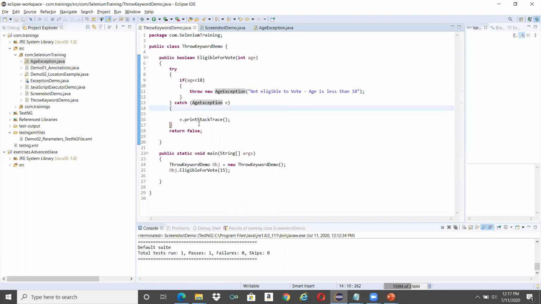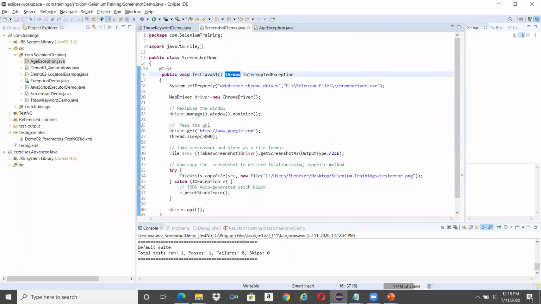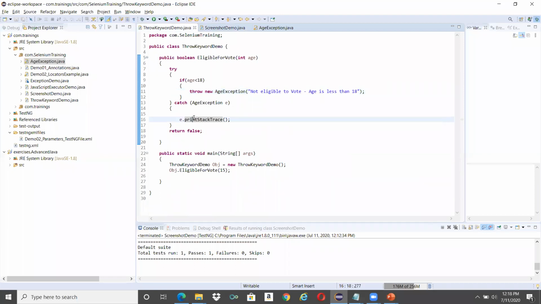When I pass this particular string, it will be passed on to the actual exception here, and using the superclass, the superclass constructor gets executed. Now I can access that particular message, I'm printing it using printStackTrace on e in the exception. Let me run this. I just gave 15. Previously it was 20.